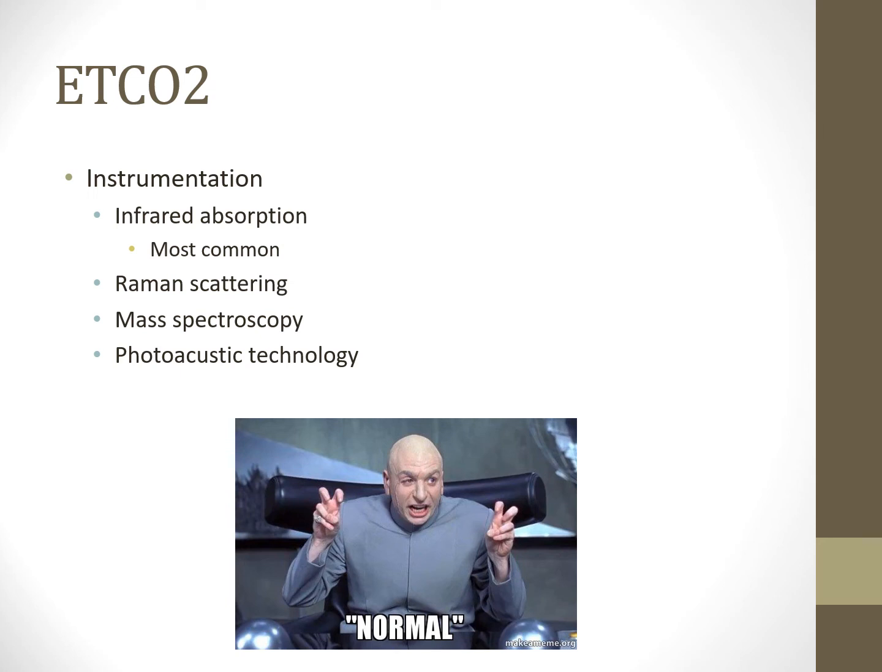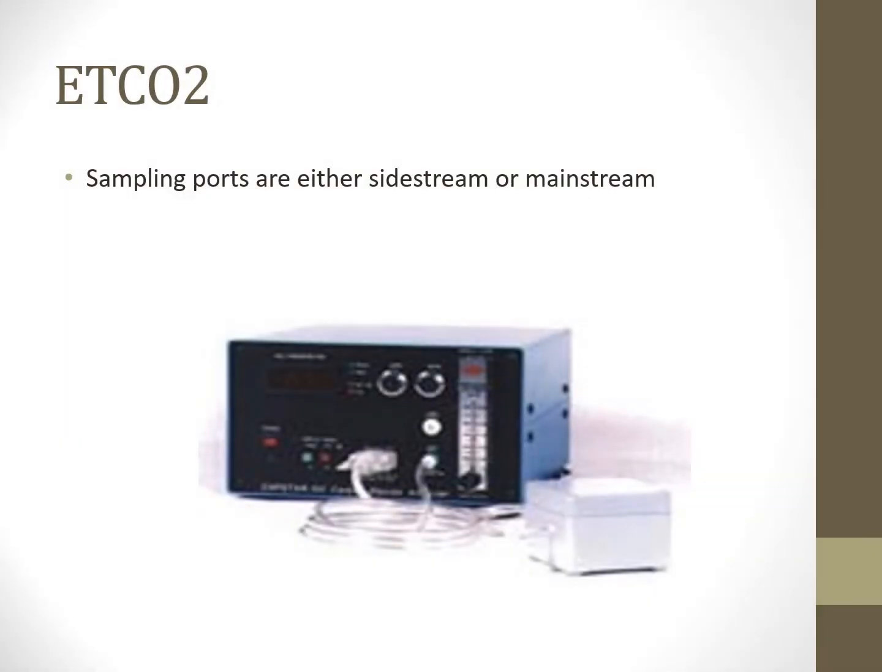Instrumentation, it's going to usually use infrared absorption, which is the most common. There's mass spectroscopy as well as a photoacoustic technology. So there's different types of technology that goes into it. And I think Gary White's Your Equipment Essentials book goes over that. There's two primary ways to measure it. There's either the side stream or the mainstream